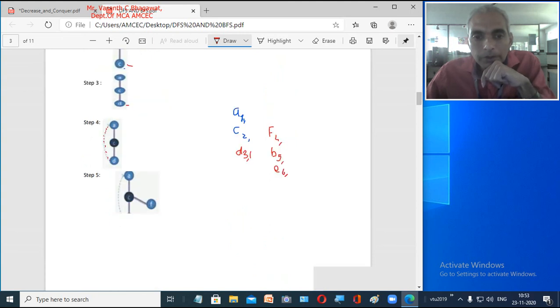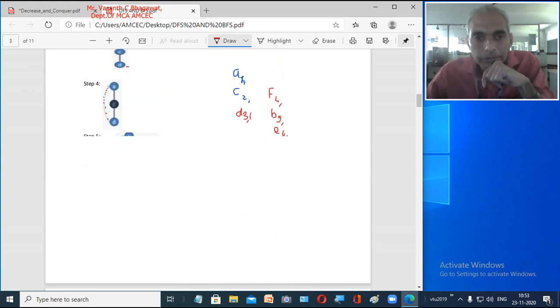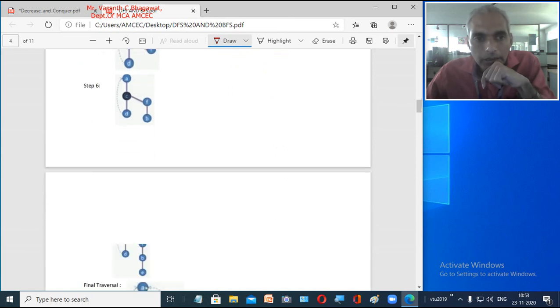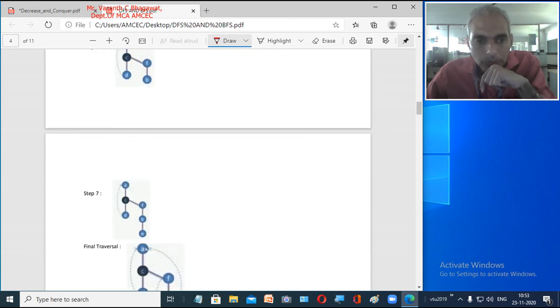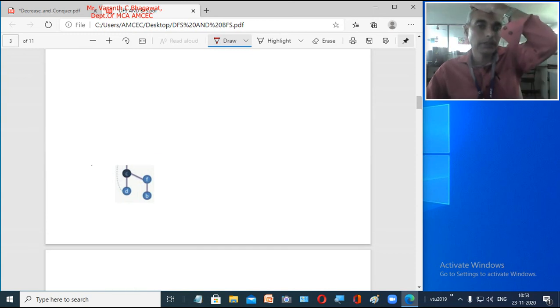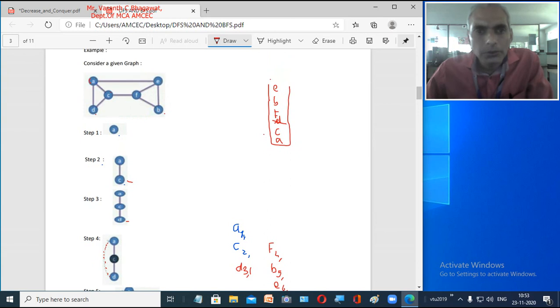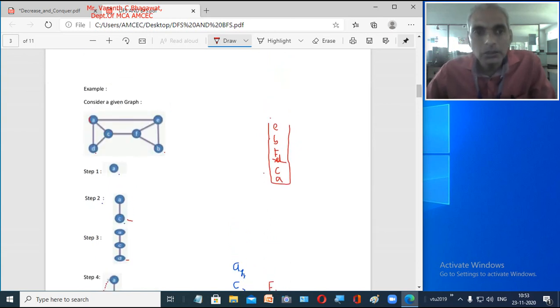So from B, if you look into your DFS forest, you are going to draw another edge to E. This is step 7. From B, you draw another edge to E, right? So from B, you are going to E. So right now we are at E. Now you check adjacent nodes to E: A, F and B. Three nodes are adjacent to E: A, F and B.